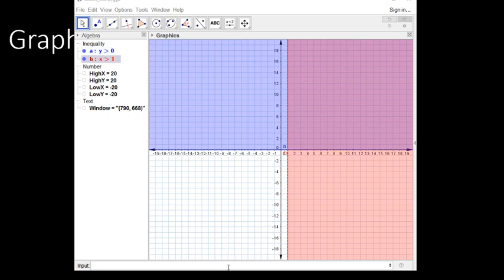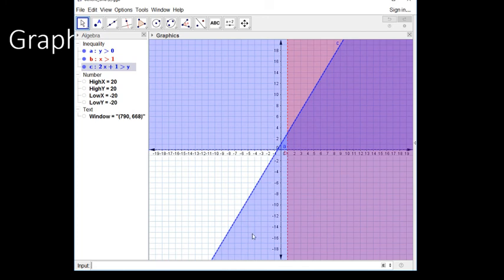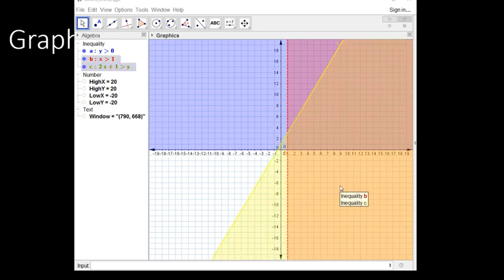Now I'm going to type in another equation again just to kind of create some interest. So what about 2x plus 1 is greater than y? These are equations that I'm just making up off the top of my head. They're not important, all right? Let's make that one yellow. So if I gave you this picture and you didn't know what these equations were, where they came from, but all I said to you was point to the solution,